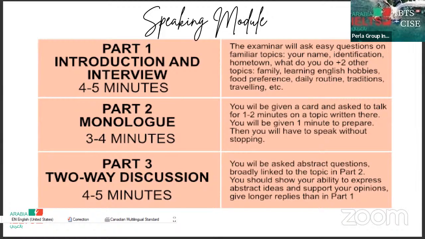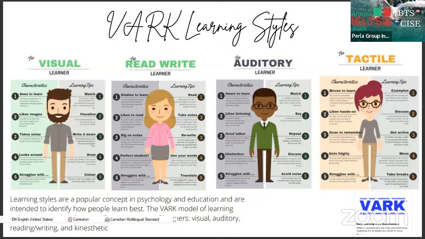It doesn't mean that because you are really good at reading and comprehension, that's okay. It's a good part, but you need to work on it so your speaking and your writing can get better. Okay, now let's go to the other thing you need to know. Psychologically, when you want to start studying something, you really need to understand what type of learner you are, or what your learning style is. You might have one, two, or three of these types of learning, okay? And the idea right here is